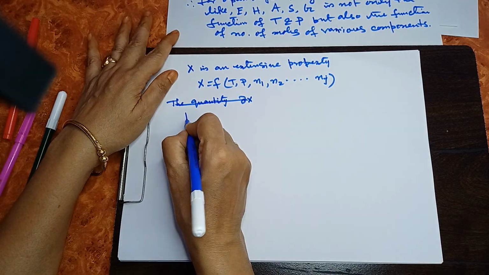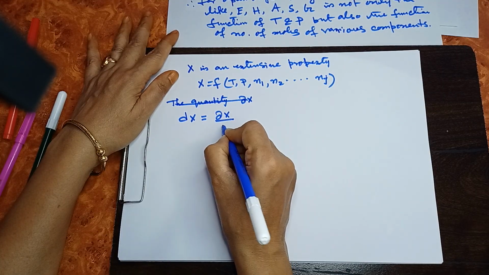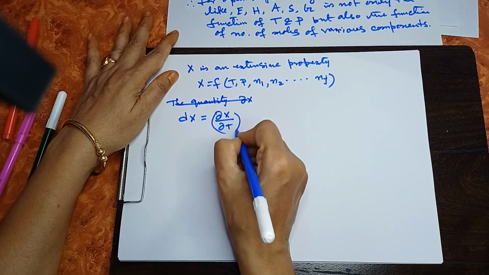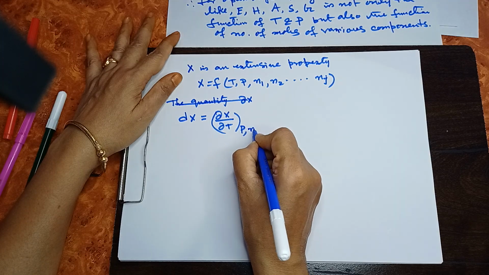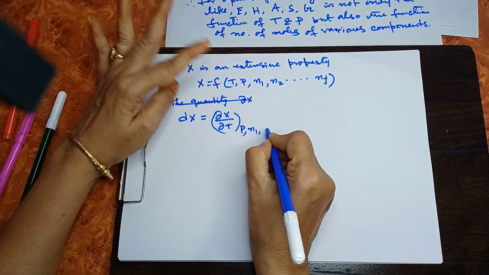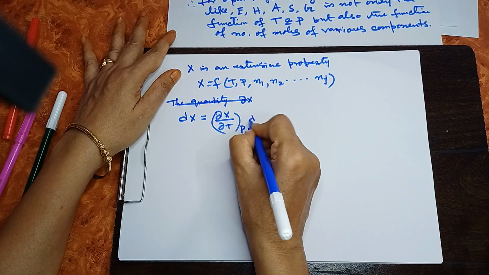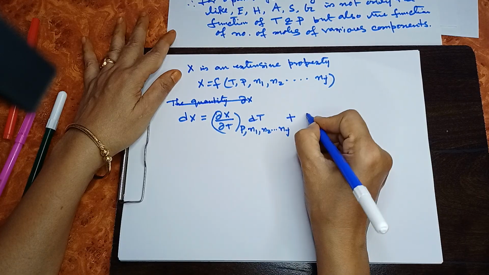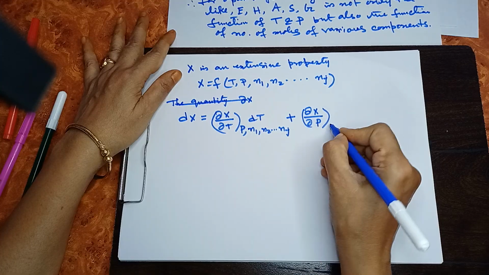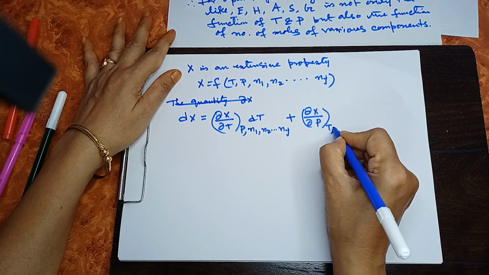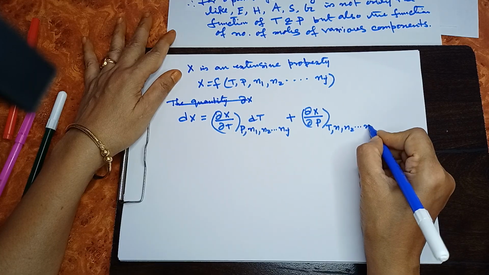Then we can write dX is equal to (∂X/∂T) at constant pressure and the number of moles of all the components, n1, n2, ..., nj, dT plus (∂X/∂P) at constant temperature and number of moles of the different components nj,